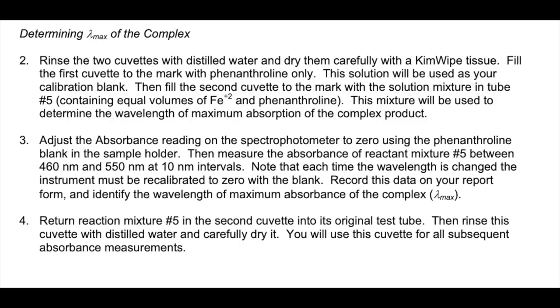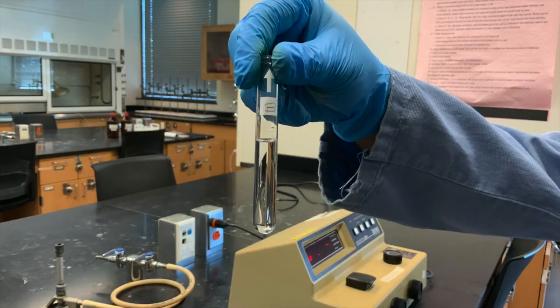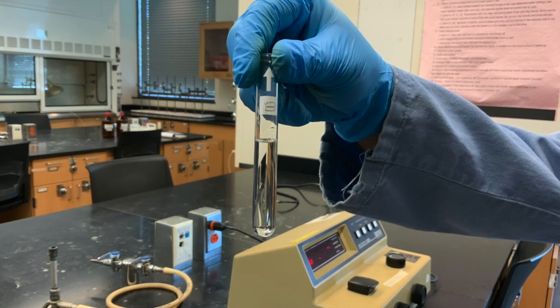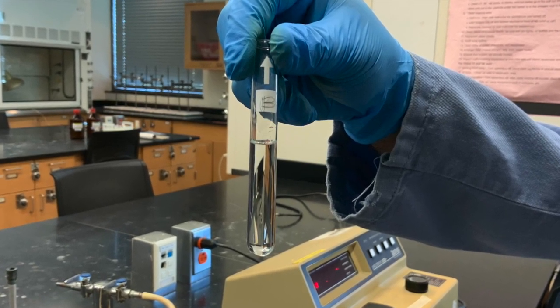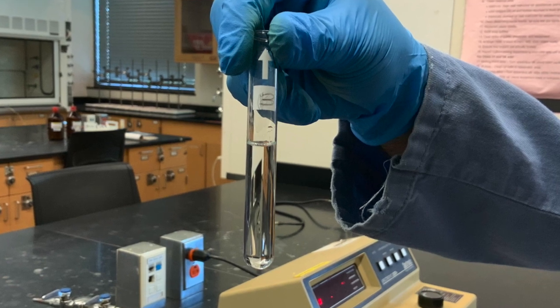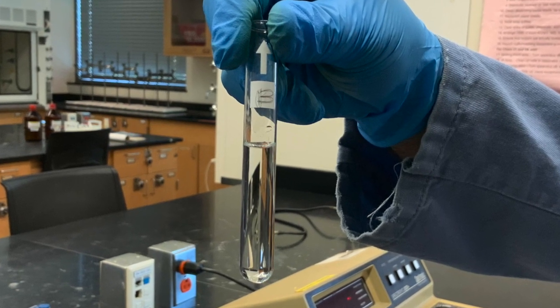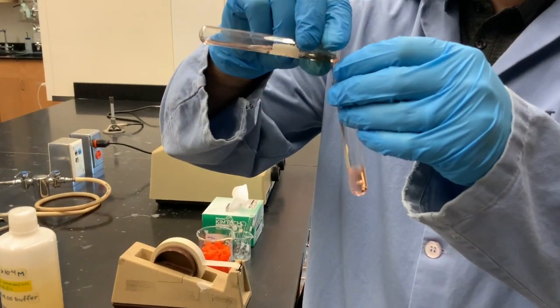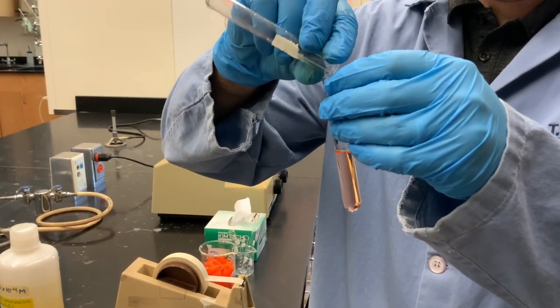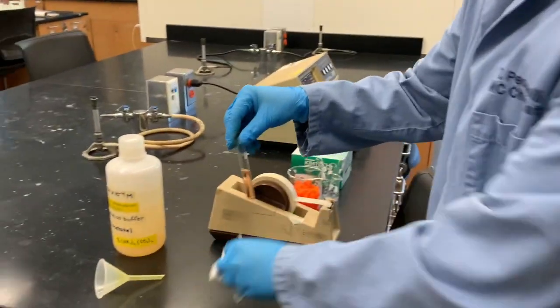Next, we search for the best wavelength to make our absorption measurement. This wavelength is labeled lambda max, which stands for the wavelength of maximum absorption. To do this, we place 5 milliliters of the phenanthroline solution in a cuvette. This solution serves as a blank to set our spectrophotometer to the 0 level. Next, we take solution number 5 that we've made, which contains equal volumes of the two solutions, and pour that